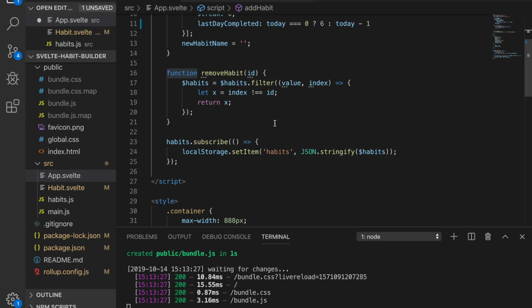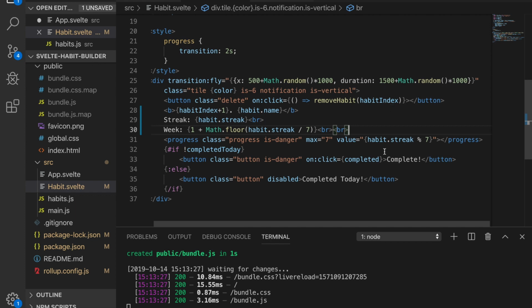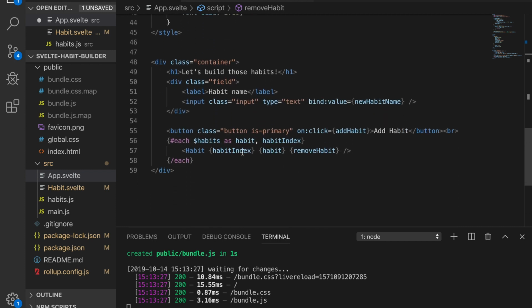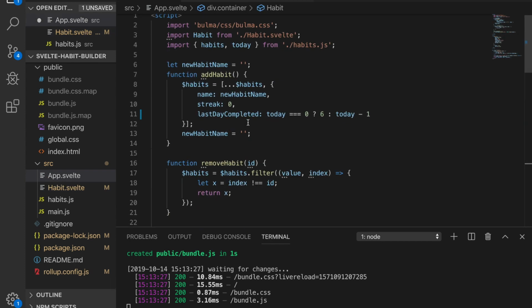We've got remove habit. So here we pass in an ID, and remove habit gets sent down to the habit component. So where's that button? Here, remove habit, habit index. Okay, so right here, with all of the habits, it loops through them. It passes down the habit index, the habit, and then this remove habit function. Okay, so the remove habit function will pass its own index to here, and then it'll remove it and